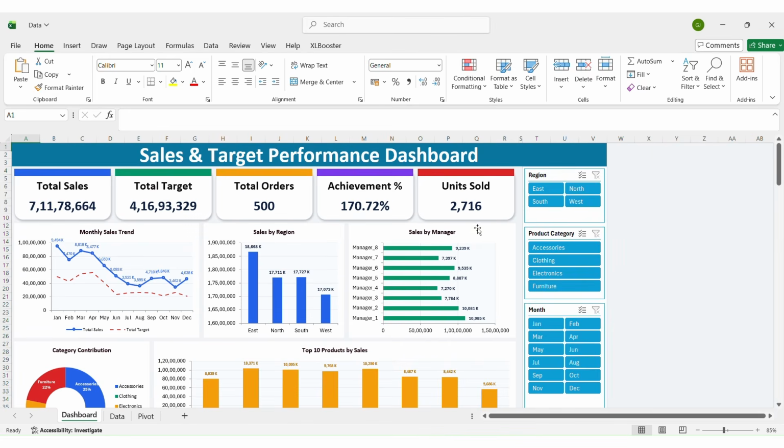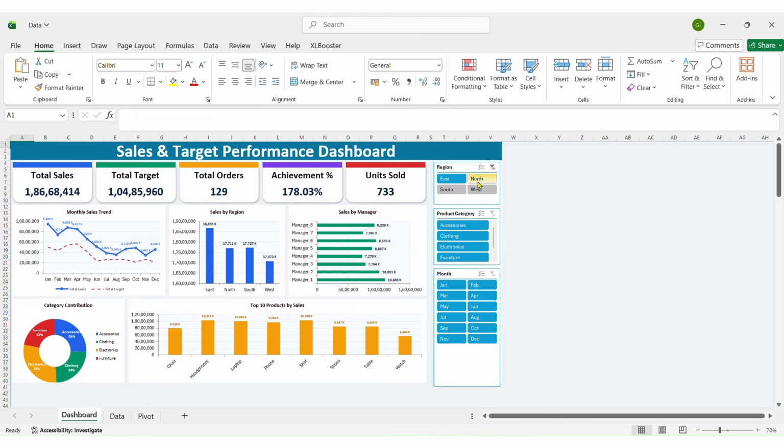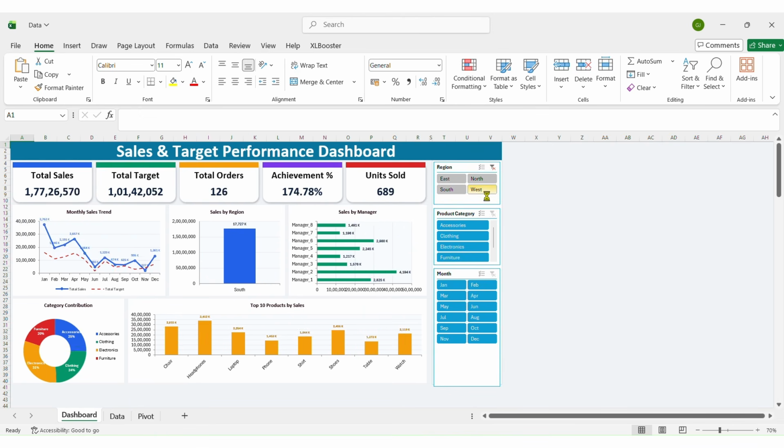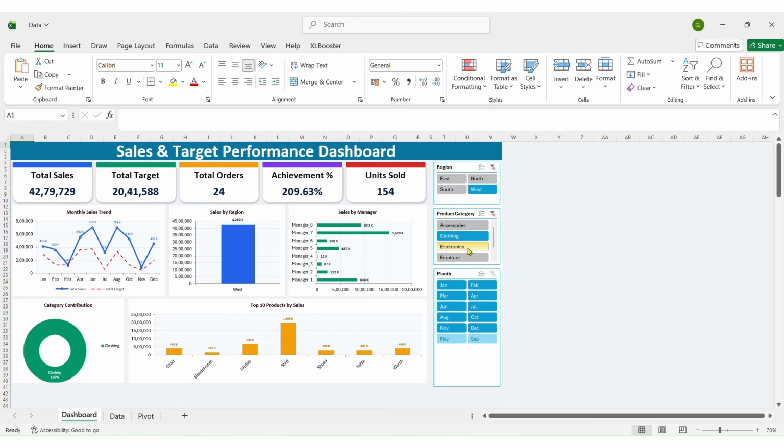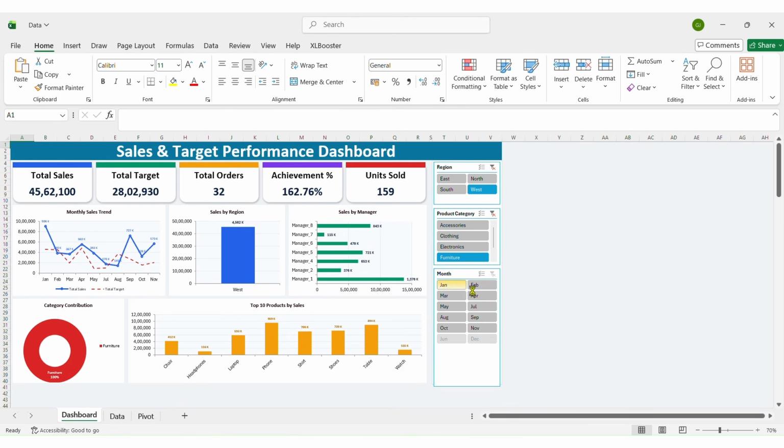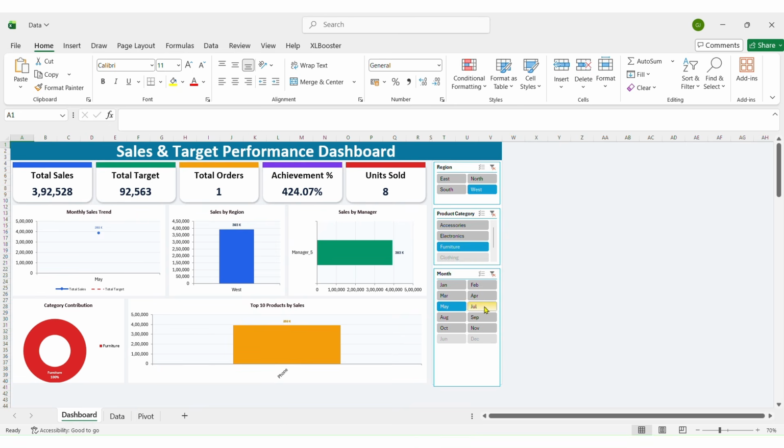Insights and benefits. This dashboard isn't just pretty, it's powerful. It updates automatically whenever your raw data changes, saving hours of manual formatting. Perfect for business sales tracking, student admissions analysis,